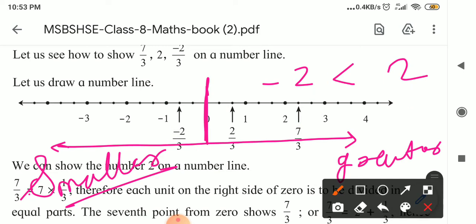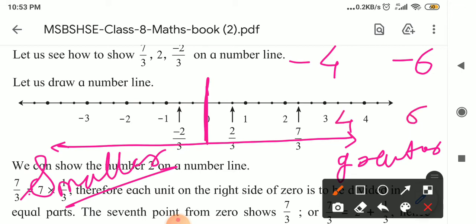Now if I give you two negative numbers, at that time you get confused, okay. Generally, if I give you 4 and 6, you can easily compare and write that 6 is greater than 4. But the statement given in your textbook is that the numbers toward the left side are smaller. If you compare, the place of minus 4 is here, and the place of minus 6 may be somewhere at these places.